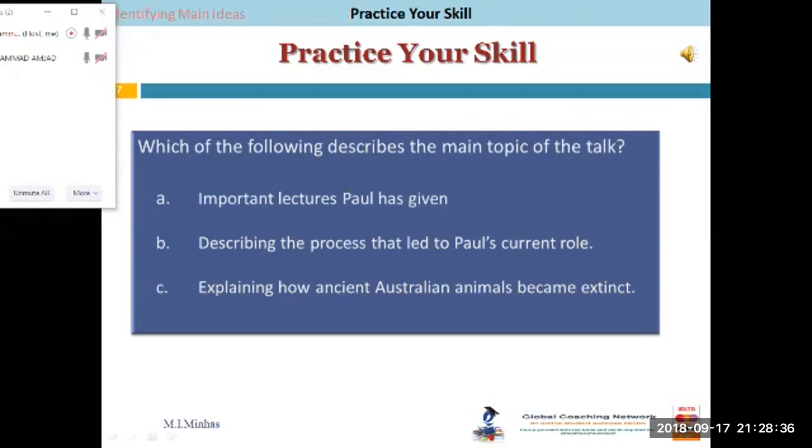All my life, my main interest has been the environment. So I actually started out as an ecology student. As part of my degree course, I had to do a unit on extinction, and a lecturer visiting from another university gave us a talk on Australia's extinct animals. One of the animals he talked about was called the diprotodon. It's an ancestor of the modern Australian wombat. He described this enormous animal crossing ancient lakes, getting stuck in the mud and becoming part of the fossil record, which is what we call the preserved remains of animals and plants that we find. And I was fascinated. So fascinated that I immediately changed courses.